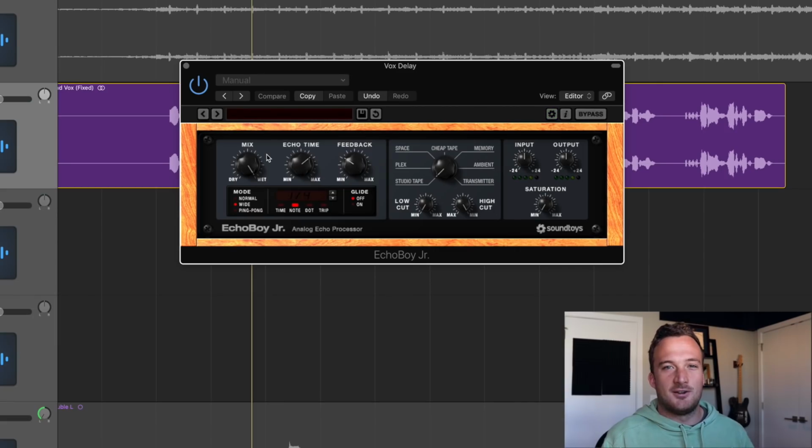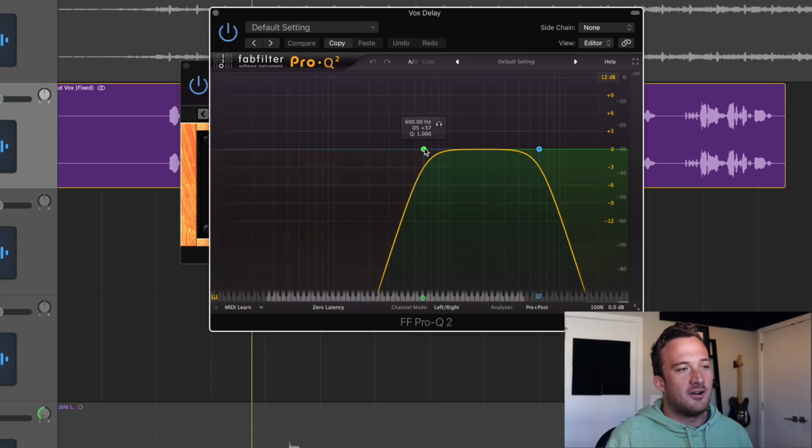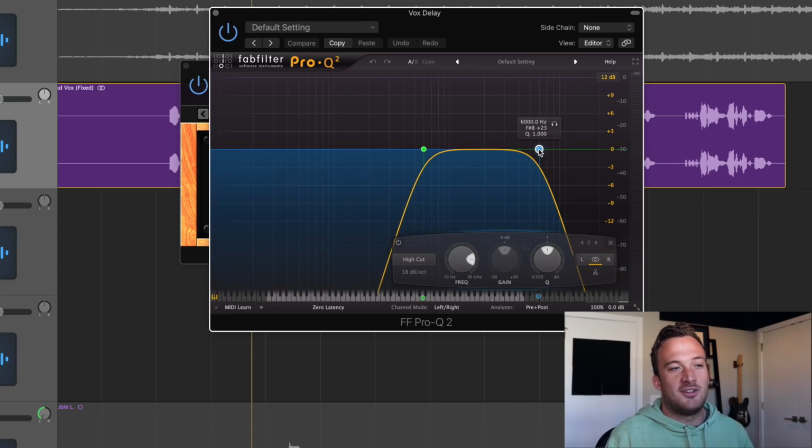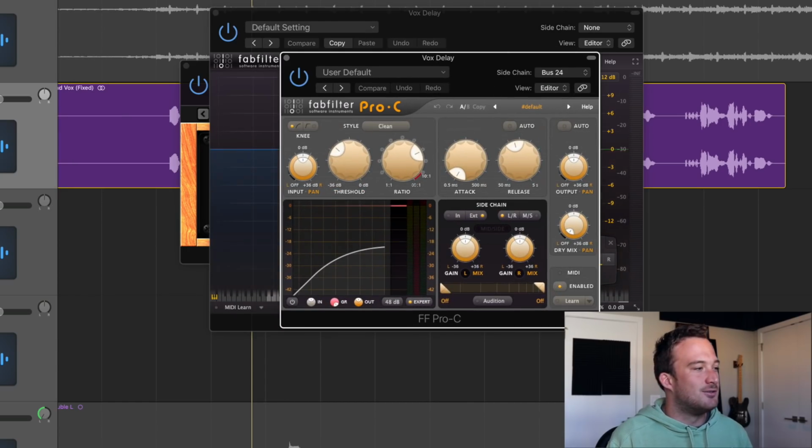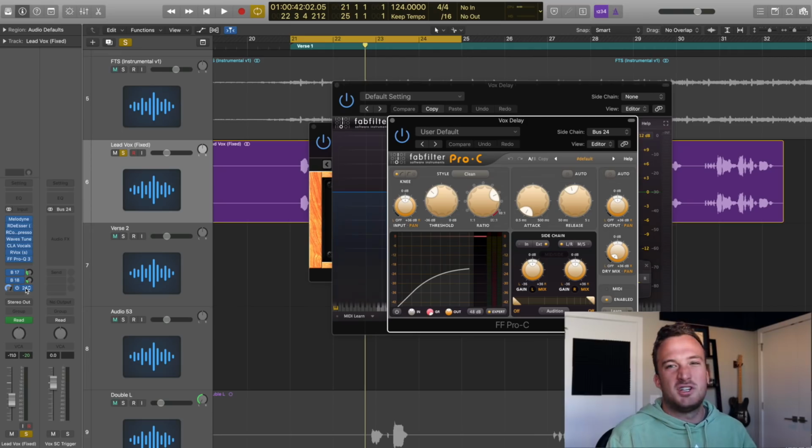It's just doing a standard quarter note delay. And then after the delay sound, I have an EQ cutting off everything below 600 and everything above 6,000 hertz. And then what I'm doing is sidechaining this delay to the original vocal signal down here, which I showed you guys a couple videos ago. So I'm sidechaining the delay to the vocal signal, just so it ducks out of the way every